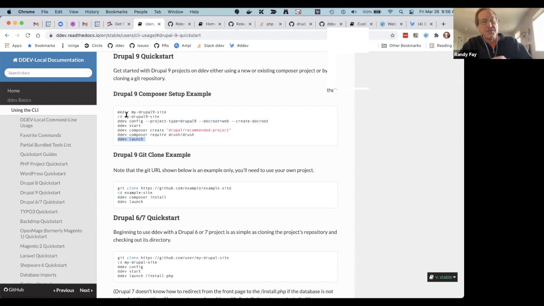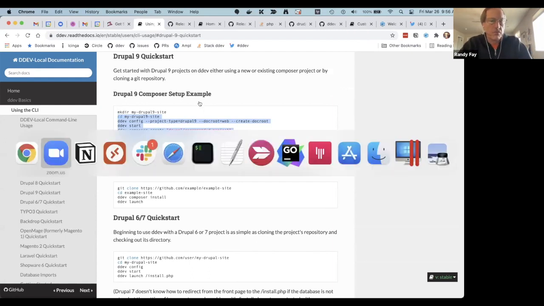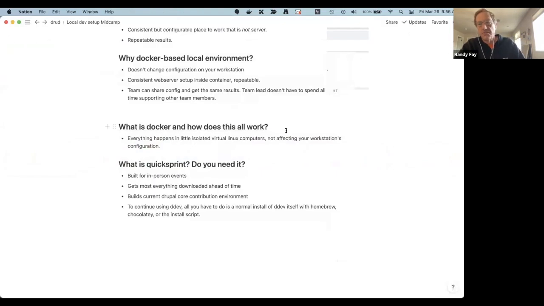So that's basically what happened, just to follow up on what you said. Any other comments? What you just said is in place of running the steps on the Quick Start, the right way to do it instead of running that one command, DDEV create project and so on? Well, it's essentially the same. You were just simplifying it down to the one command. Okay, yeah, you had the one.